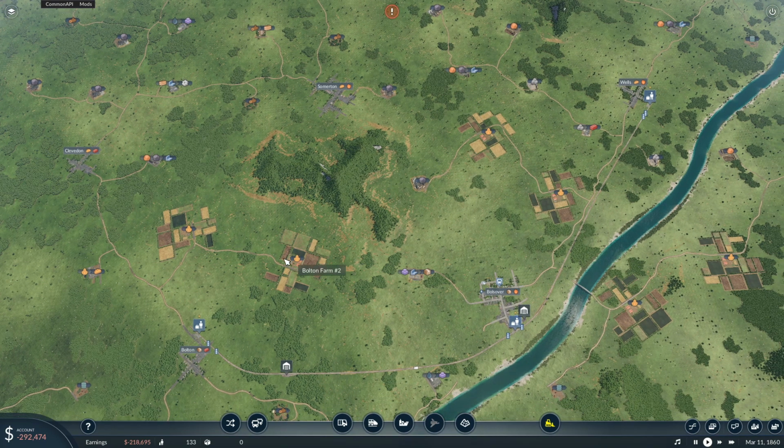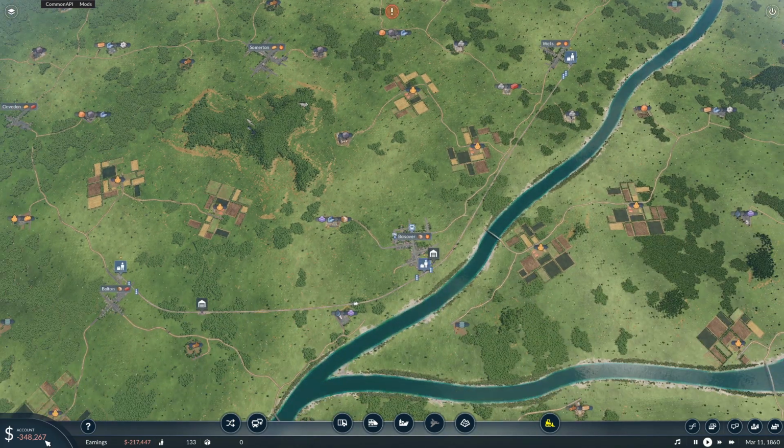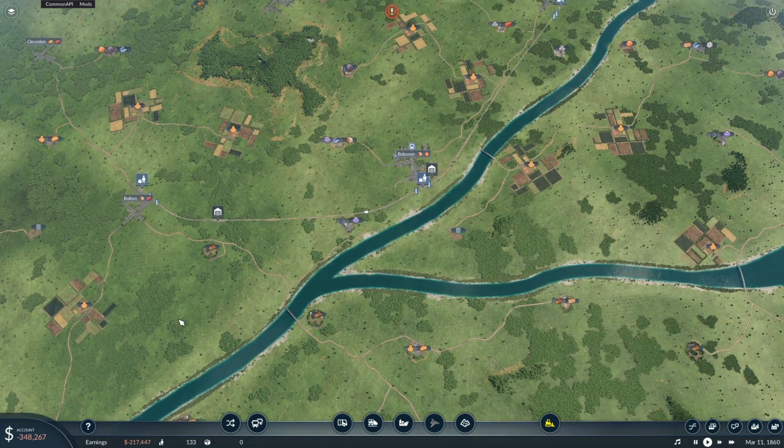Start again. I don't have the money to give me vehicle, to give me grain, to give the farm, which means I do not have food to give these towns for the moment. However, just in the time we've been sitting here, our fortunes have turned around. I won't say dramatically. It's worse than they were at the start of the video, but if you were watching this number, which I'm